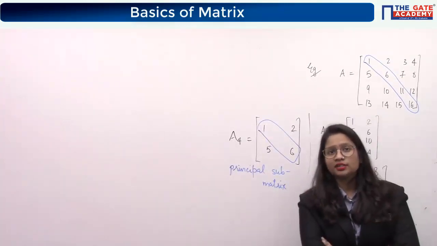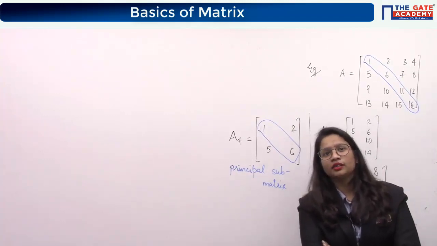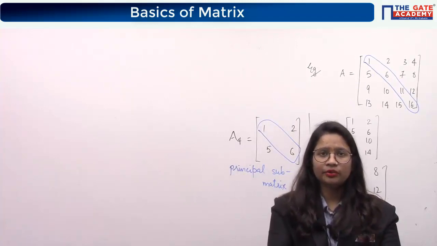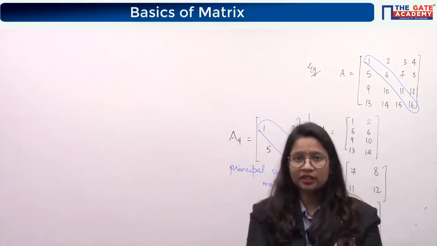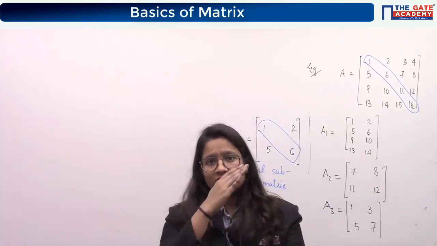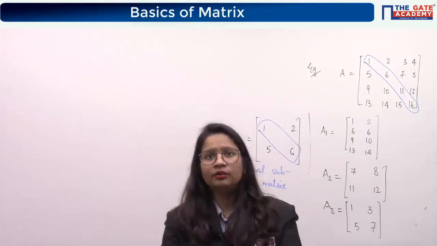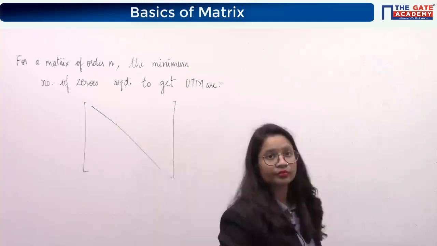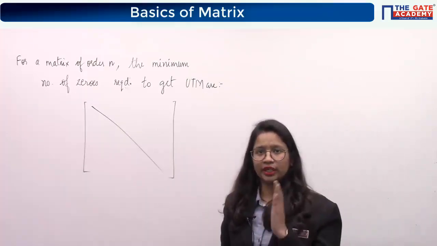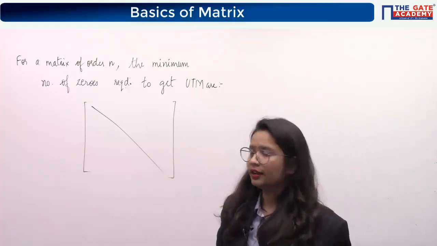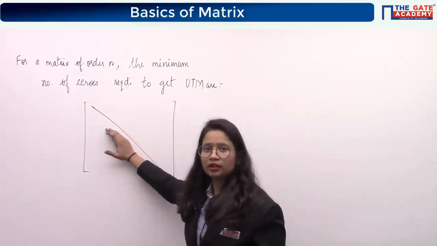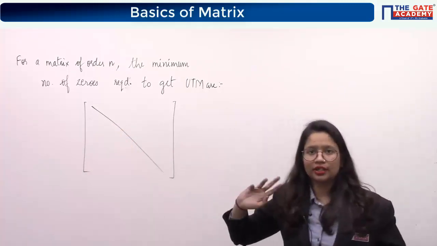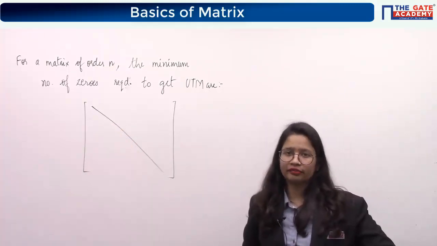Okay, I can see various answers, n minus 1. It is that only 1 zero will be required. What is UTM? Upper triangular matrix. An upper triangular matrix is the matrix in which all the elements below the leading diagonal will be 0. What is the condition for obtaining UTM? The condition is that if this is the diagonal, then below this diagonal all of these elements should be 0. That is the condition that we know by the definition.